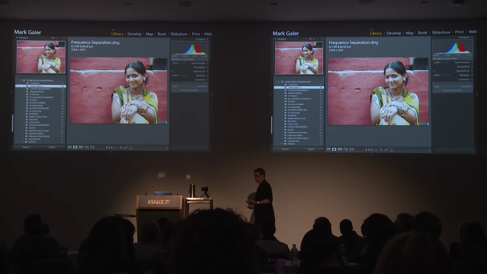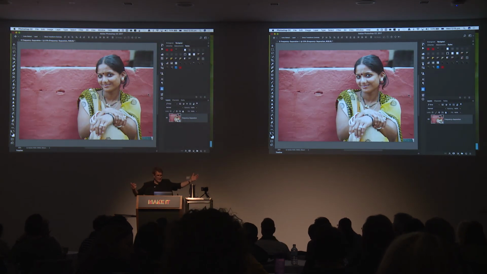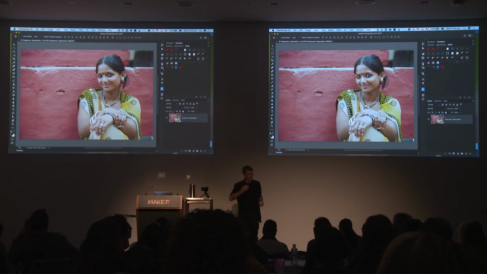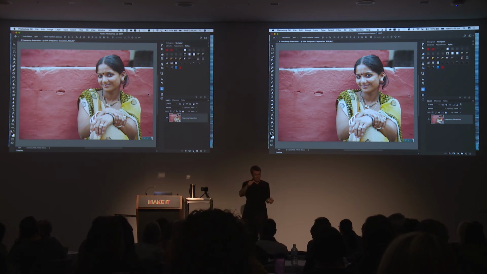frequency separation. It's particularly done for glamour and cosmetic work. If you walk into Myer or David Jones and you look at these 12-foot faces, they're not airbrushed. They actually have skin, but it's perfect skin. And they've done this by separating the high frequency, the skin pores, on one layer and the broader shape and colour on the other. How many times have you used a healing brush tool close to lips or eyeshadow and